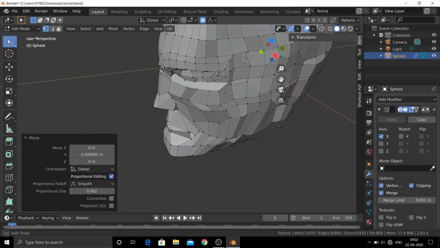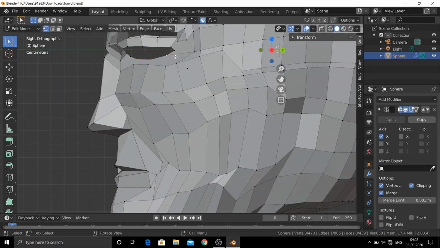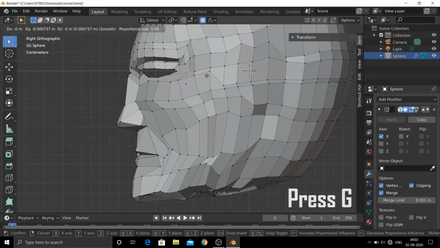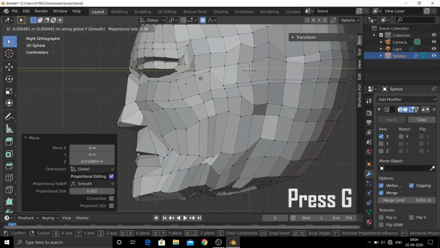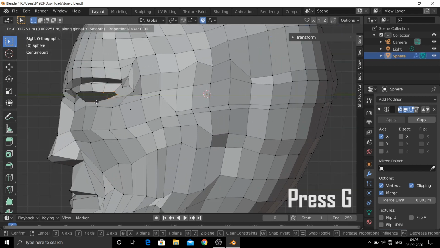Eye opening is too broad. I'll adjust it. Let's narrow the eyes more.